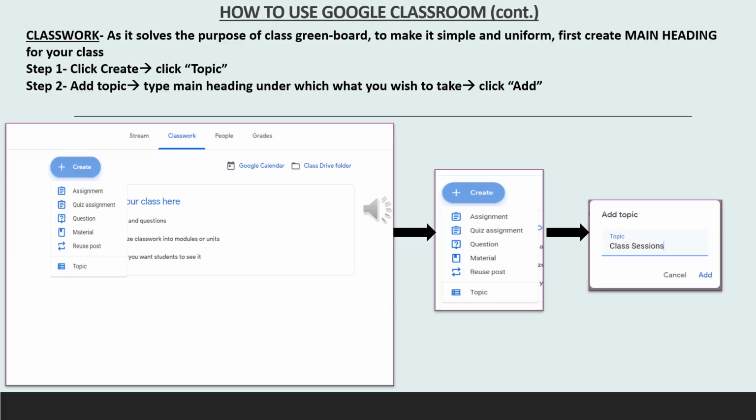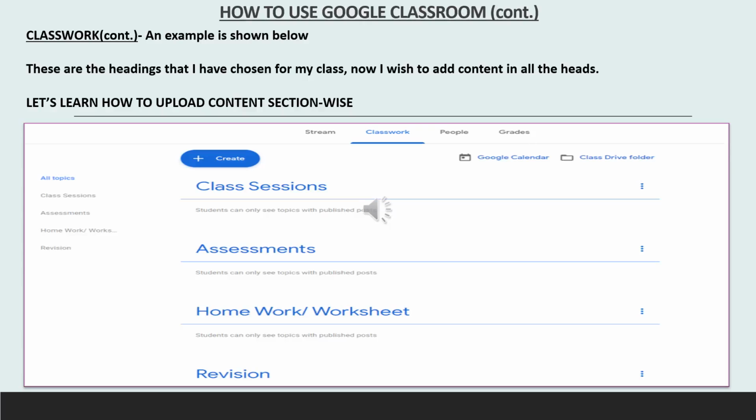As an extra added topic, I have made a psychology NCERT book heading, in which I have uploaded all the chapters, so that my students, in case they do not have a book, or if there is a change in any particular chapter, they can come over there, view the change and make the changes in their existing book. Once you are done with creating the topics, the class may look like this, whatever your desired topics you create. I have chosen these 4 topics. The screen in front of you is my classwork.